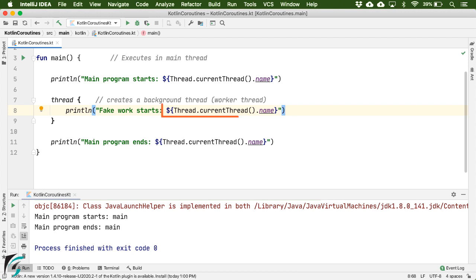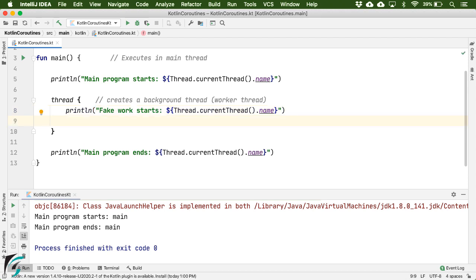And also, we will verify on which thread this code will be executed. And after this print statement, let us pretend to do some work. So this will do some work for approximately 1000 milliseconds, which is 1 second.